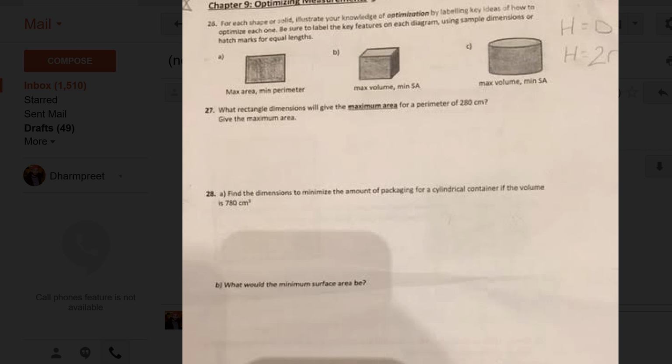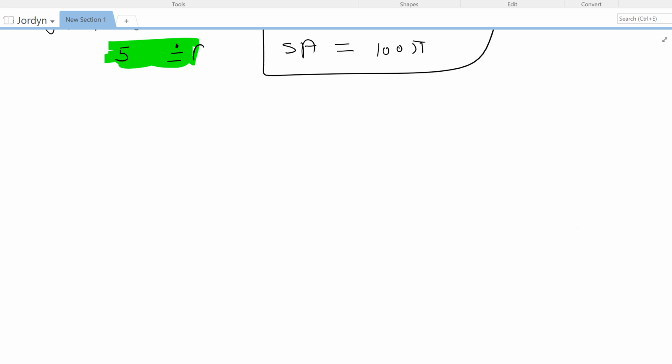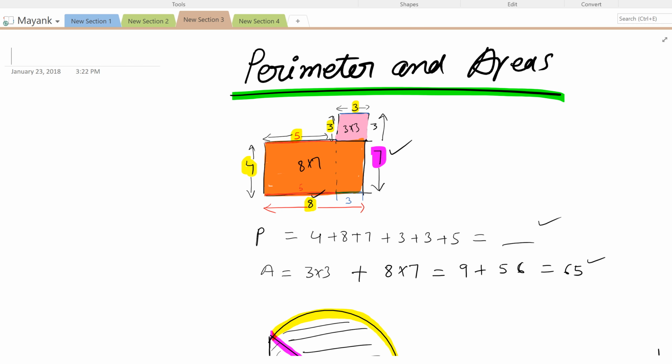Alright, so next one. Okay, so let's go back. So the next problem is find the dimensions to maximize the volume of a rectangular prism. Now, do you know what a rectangular prism is, Jordyn? How does it look? A rectangle. Yeah, it looks like an extension of a rectangle. Let me draw this thing there. So the base is gonna look like